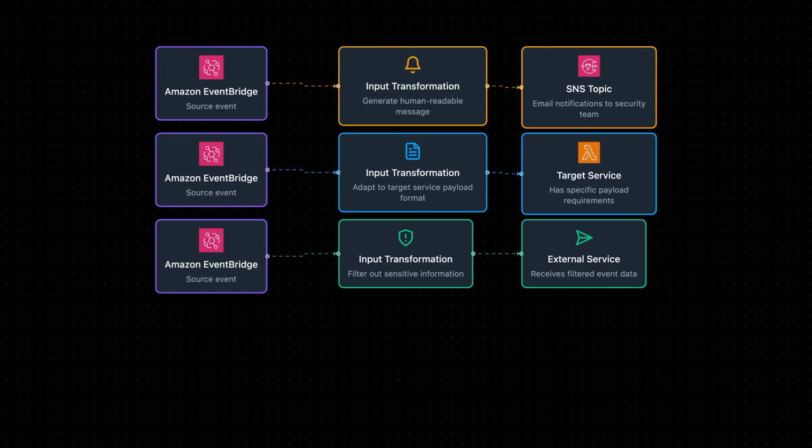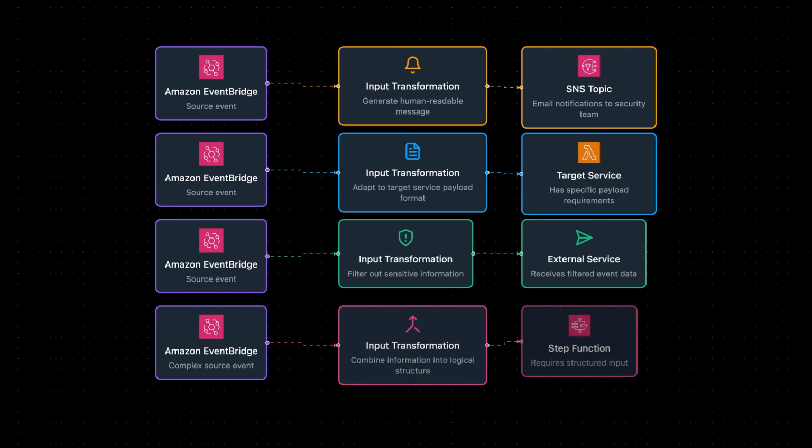This is not the only way to do it though. As we'll see in the rest of this course, there are a couple of other ways that we can filter out sensitive information like PII or PHI. Also, as another use case, you might need to combine information from multiple different parts of the event into a more logical structure. So you can really do quite a bit with input transformation, and it depends on the use case, but remember what they're for and how they work in case you see a scenario that asks you about EventBridge and input